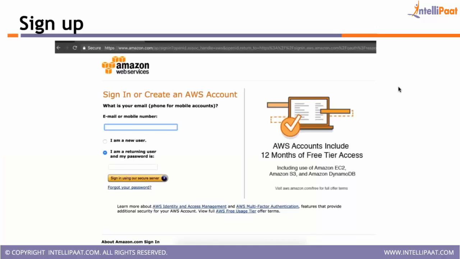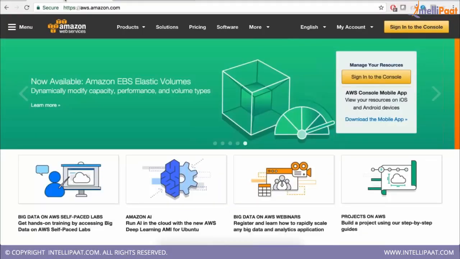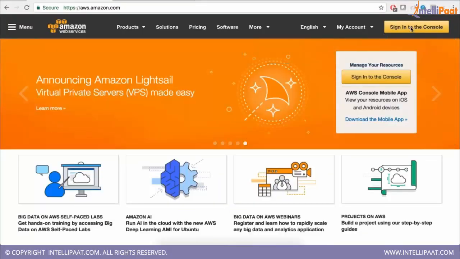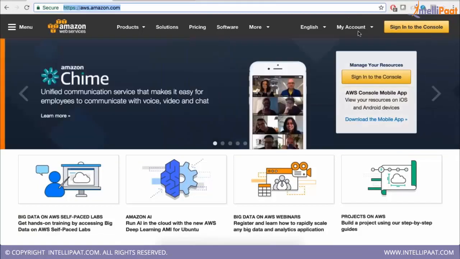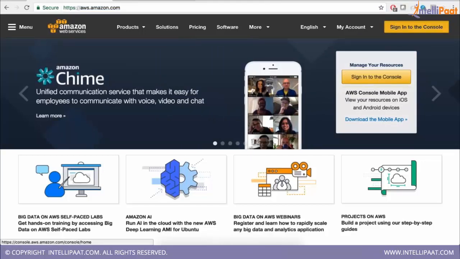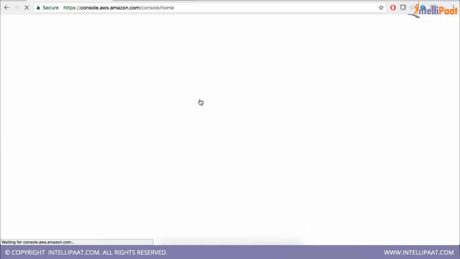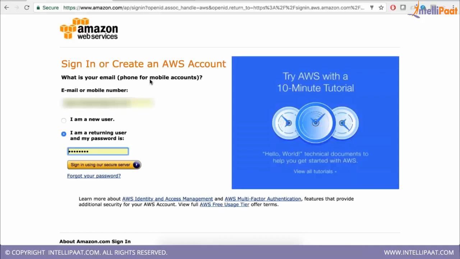First we will see how to get AWS machines. You can sign up for an account: in your browser go to aws.amazon.com, and here you have sign into the console. For the first time when you sign in, it will ask for several details and your credit card or debit card, and once you have given those details it will create an account for you.